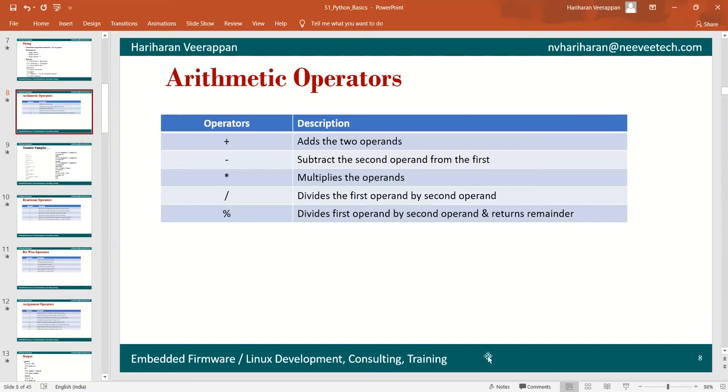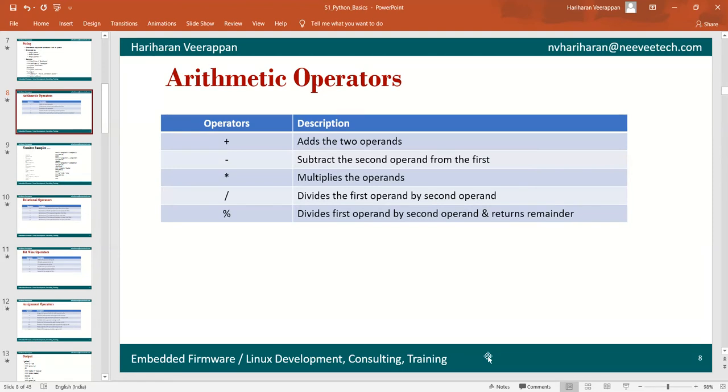Star is the one which can be used to multiply the two operands and provide the result, and slash is the operator which can be used to divide the first operand by the second operand and provide the result.